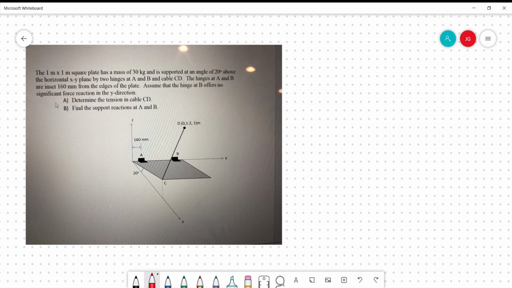Here we go. So we got the 1x1 square plate, and it has a mass of 30 kilograms. It's supported at an angle of 20 degrees above the horizontal X and Y, and it's supported by this hinge right here. So basically what that means, these are going to have supportive forces, AZ,